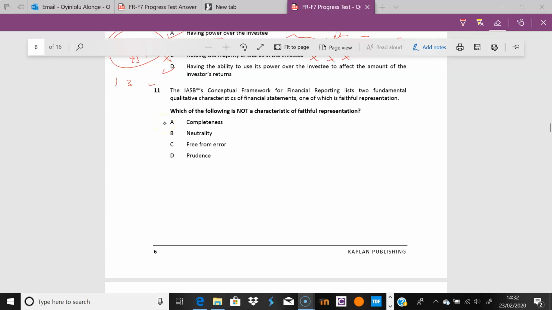Right, good. So let's carry on. Question 11 to 15. So this is about the conceptual framework. This is very much knowledge. So conceptual framework,